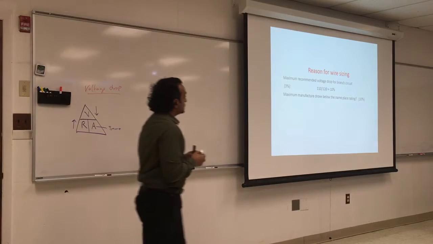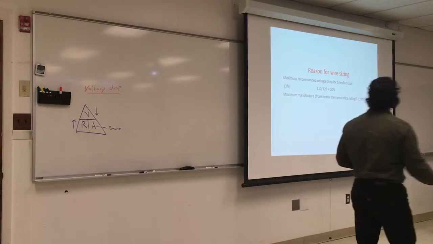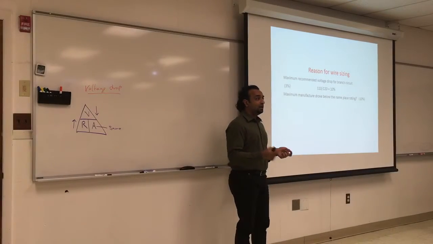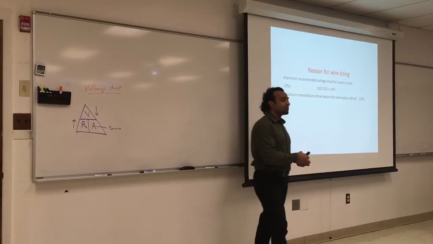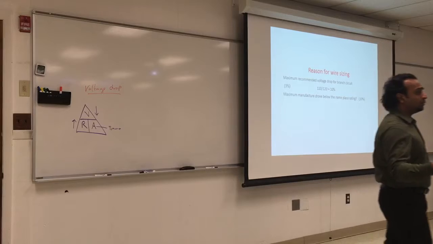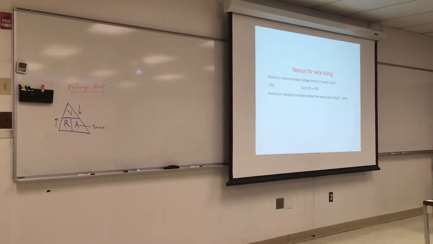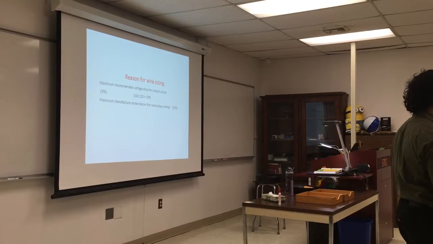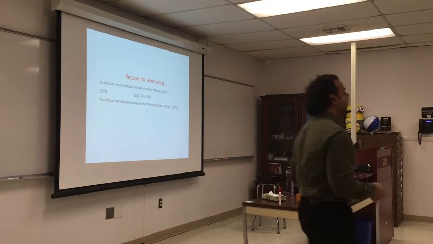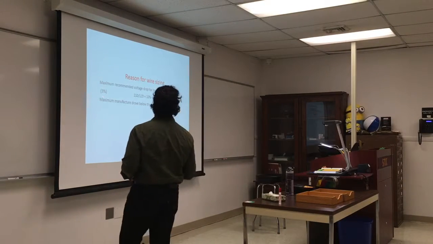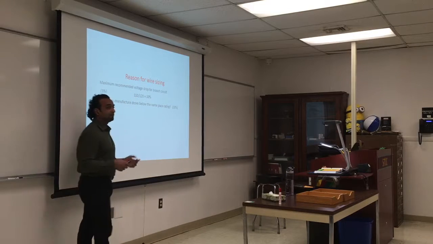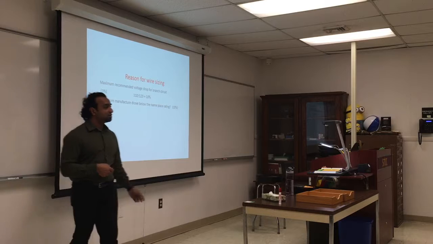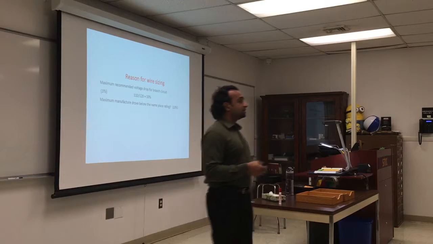So, as a general rule, for each branch, a branch is a wire that you take from the main wire, like when we are connecting some wires and some equipment in parallel. For each branch, you want the drop to be around 3% only, and usually the manufacturer recommends 10%